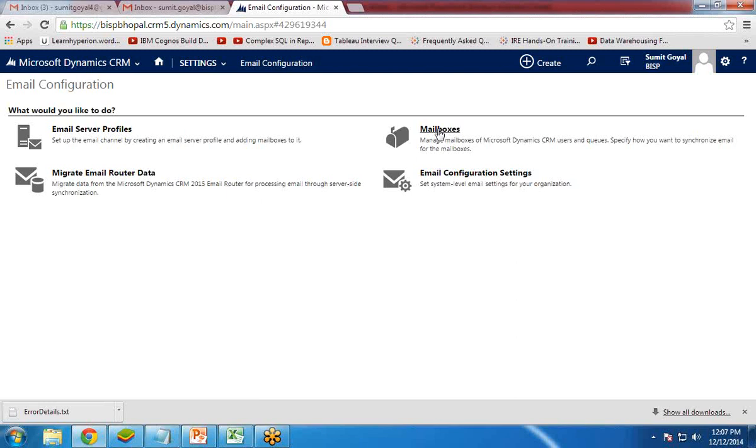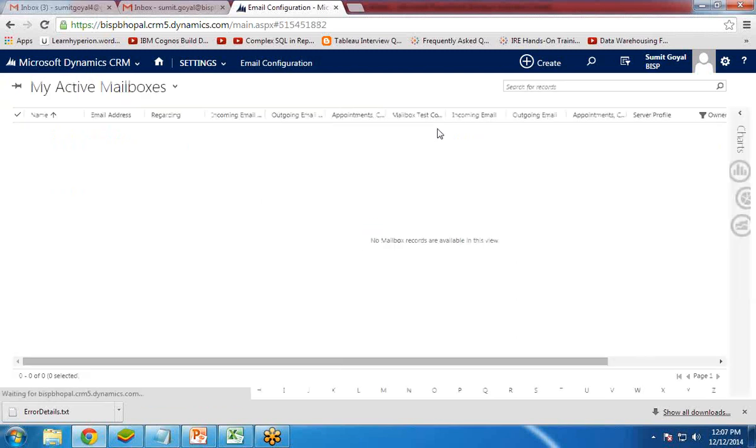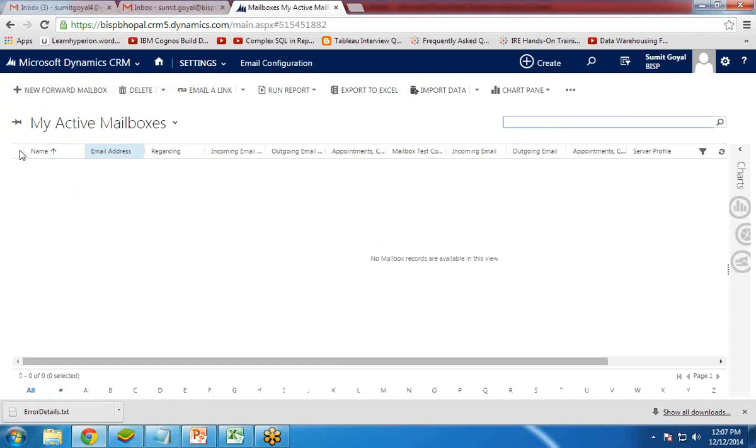Then we clicked on mailbox. You see here there is no active mailbox. Actually we need to configure the settings of the user. We need to associate the server profile which we have created. We have to add or assign that profile to a user of our